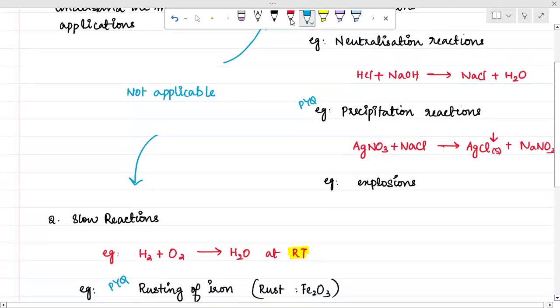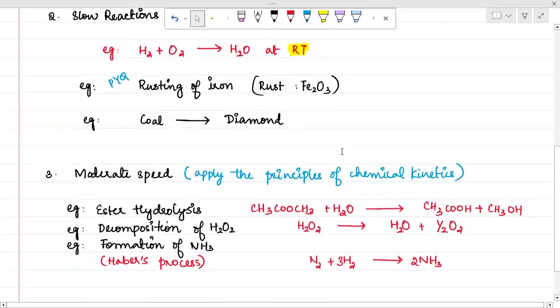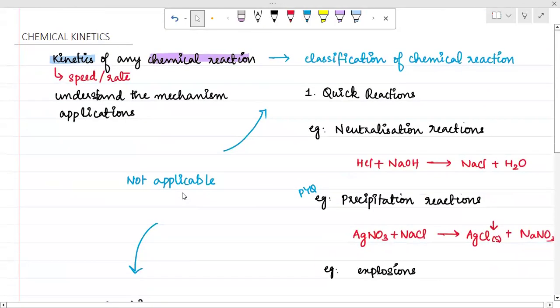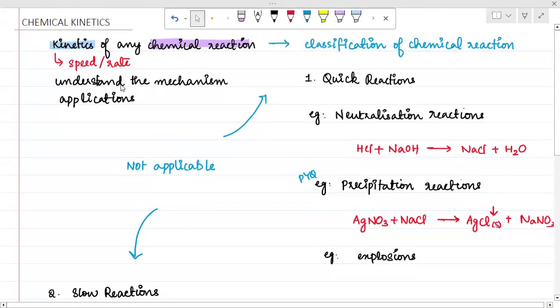an option where there is rusting of iron. You have an option which is very slow. You have an option where there is precipitation, which is very quick. And you have a third option like ester hydrolysis. And the questioner asks, which can be used to determine the rate of a reaction? You will pick ester hydrolysis. Okay, so this gives you the very basic introduction to chemical kinetics, that it allows us to learn the rate